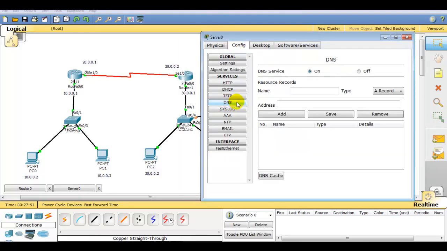Now in the DNS configuration we have to write the host name R1 and IP address 20.0.0.1, and we have to add the same for R2, which is 20.0.0.2.